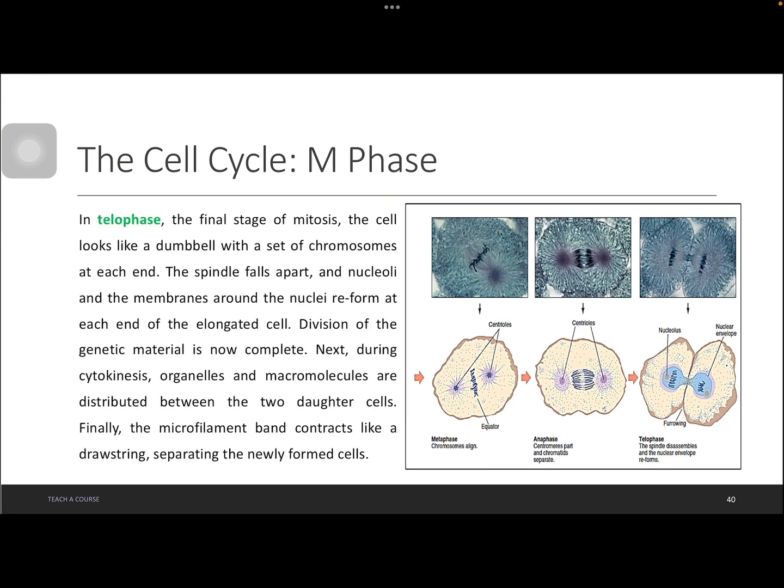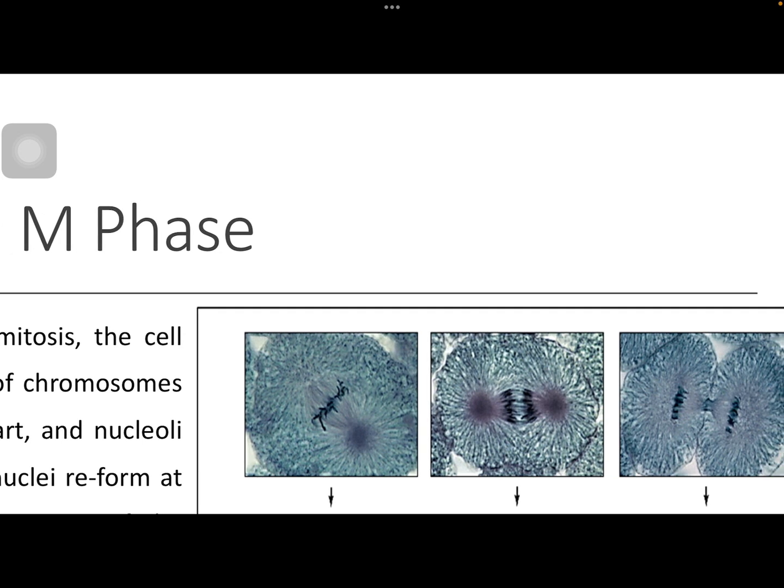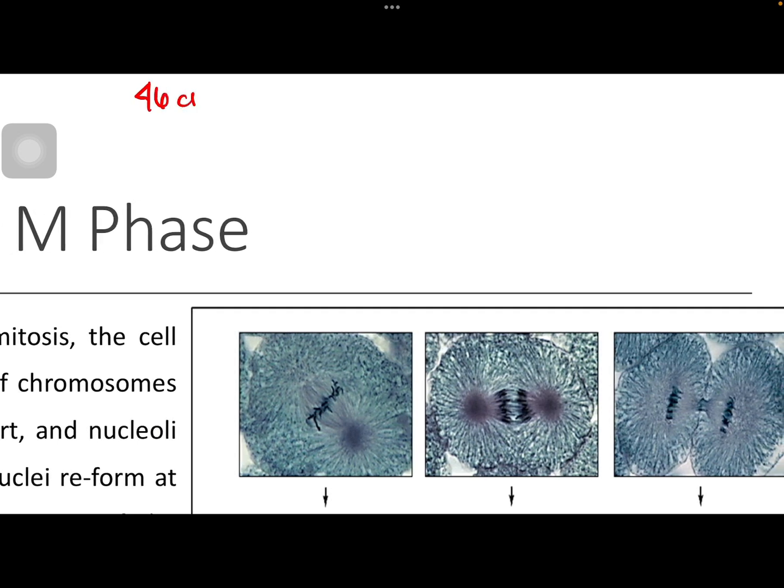Last is the telophase. This is actually the final stage of mitosis. Now, during the telophase, the spindle fiber pulls apart. Since of course, na-divide niya na yung dalawang side ng chromosome o dalawang chromatid, no? So, initially, once again, nag-start tayo ng 46 chromosome with 92 chromatids, no? During telophase, since nahati po yung dalawa,